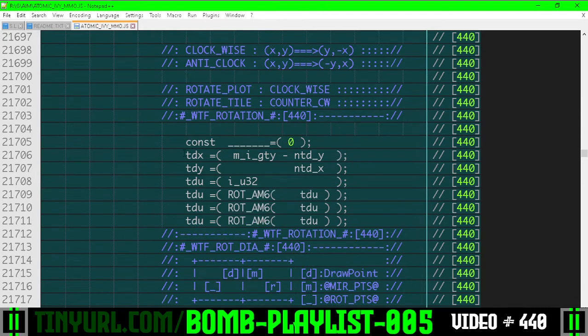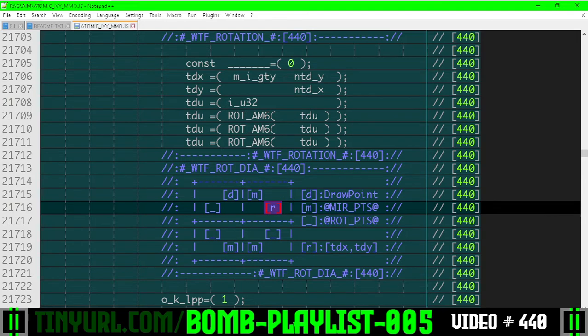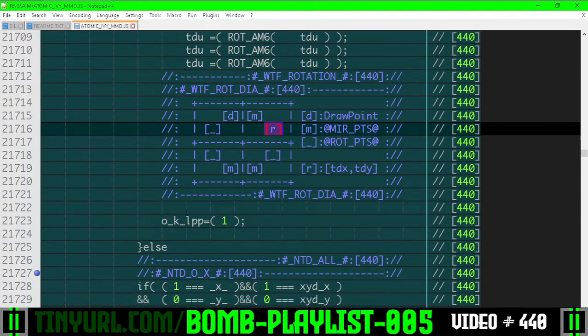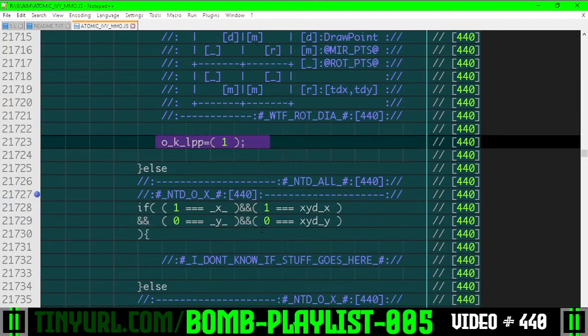are going to take that coordinate and rotate it counterclockwise. And then we're also going to rotate the internals counterclockwise. Now, I don't know why both of them are rotating counterclockwise, because the output goes from here to here, which is clockwise, but I give up trying to understand it. It works, okay? So we're going to set OKLPP to true to load the plot point, and then there's these